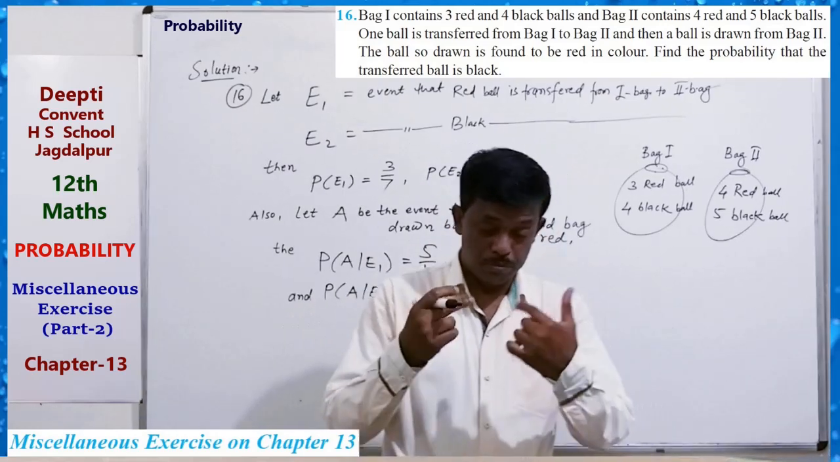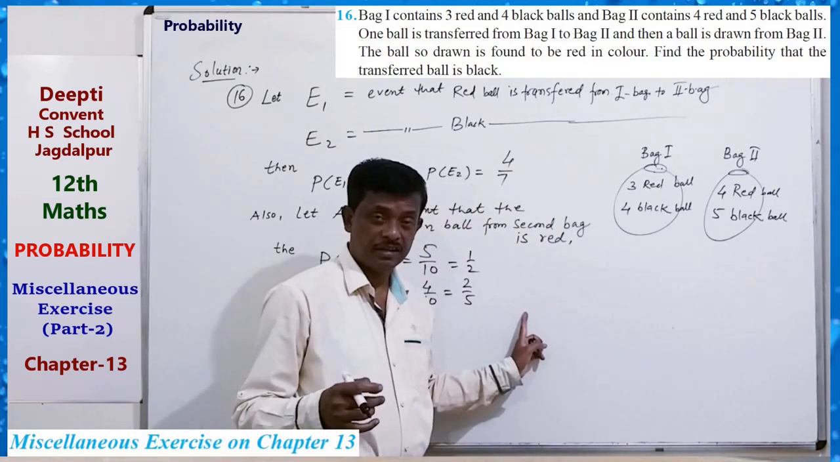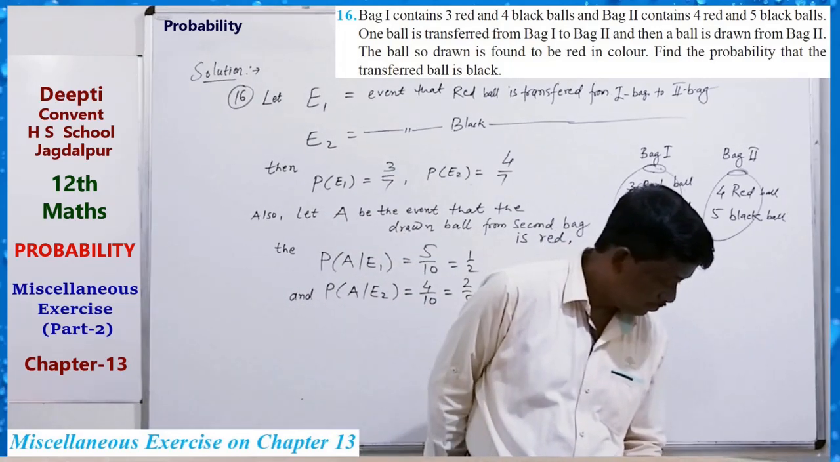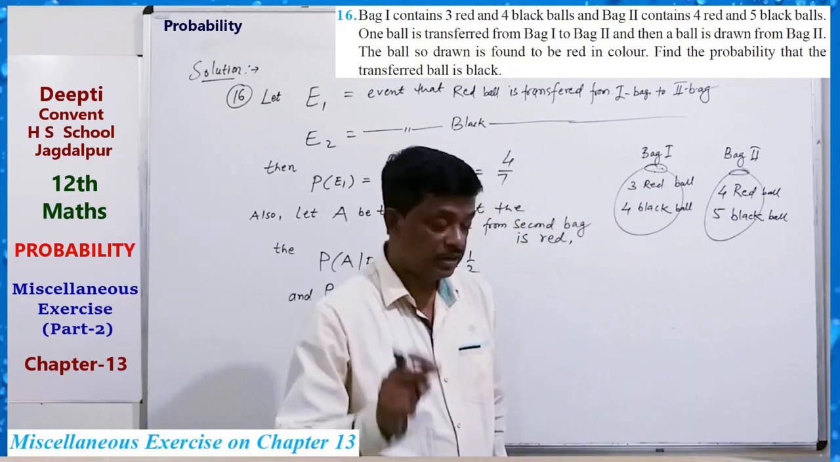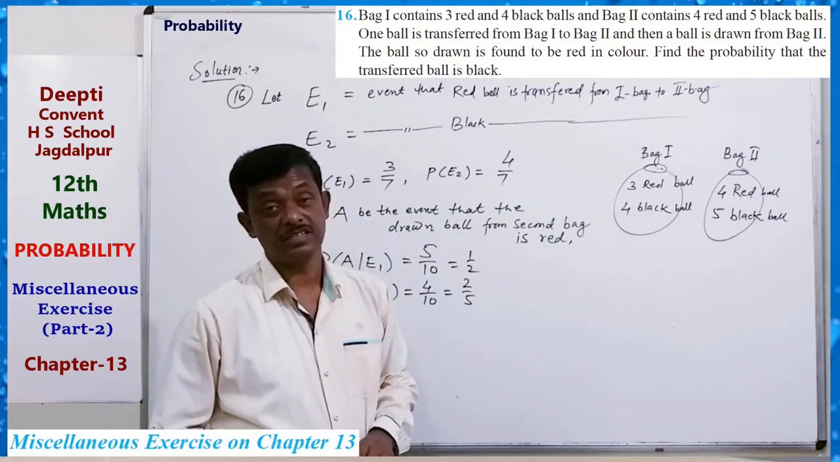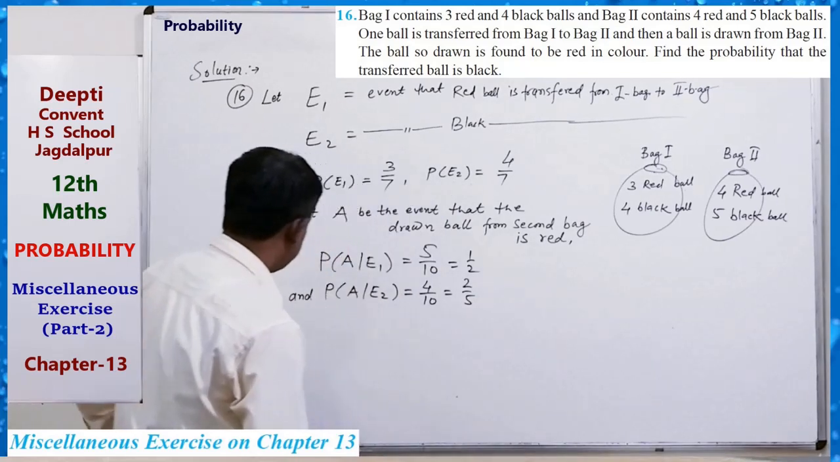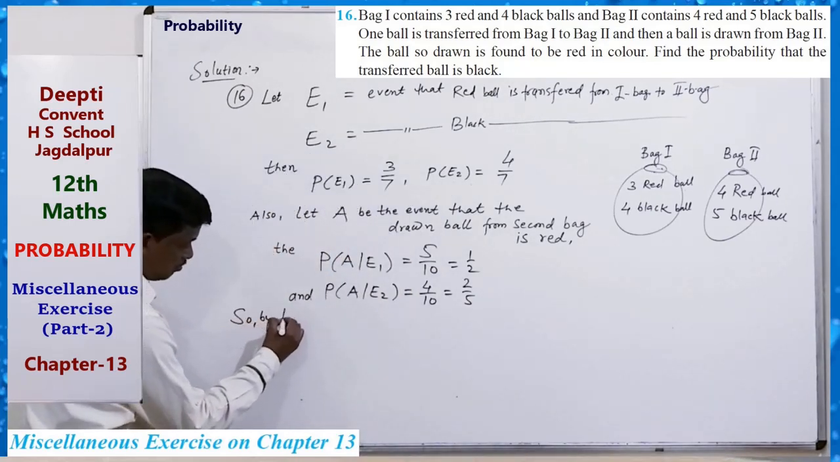that when the selected ball is red, provided it is given that the transferred ball is black, that is P(E2 by A). So, by Bayes theorem,